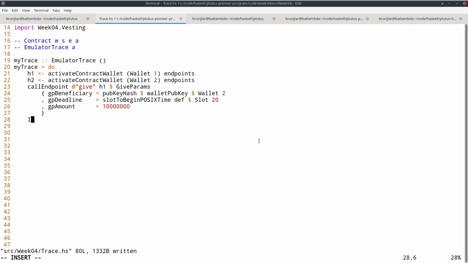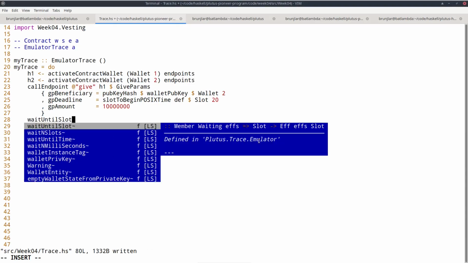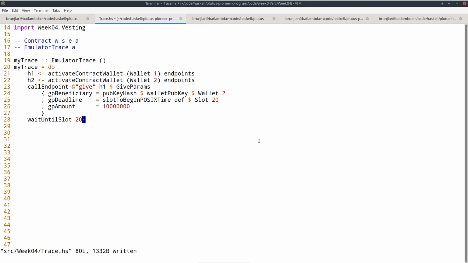So we can say until slot 20. And this will actually return a value, namely the slot we have reached. So in this case 20, but we are not interested in that. And in order to avoid the warning, we can use void from data functor, which basically ignores the return value and turns it into a unit, and then we don't get the warning.